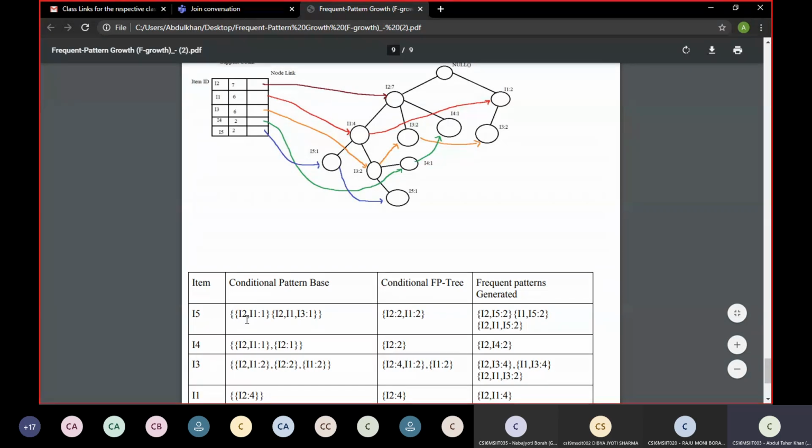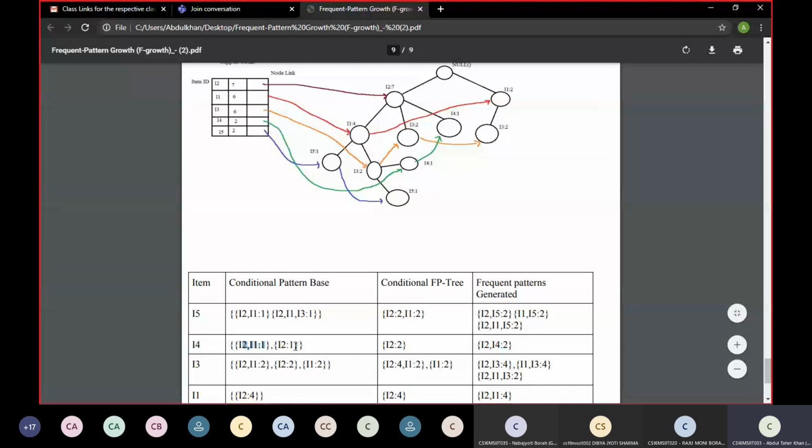Now from I2, as you can see, we have to traverse I5. We have to go from the null node to I5, right? So where is I5? Right here, I5, right? One I5 and one I5, right? And yes, okay, one I5. So from I2 we are going to I1, then we are going to I5, right? I2, I1, I5, right? Simply I2, I1, and there we will write the I5 count. That is 1, right?